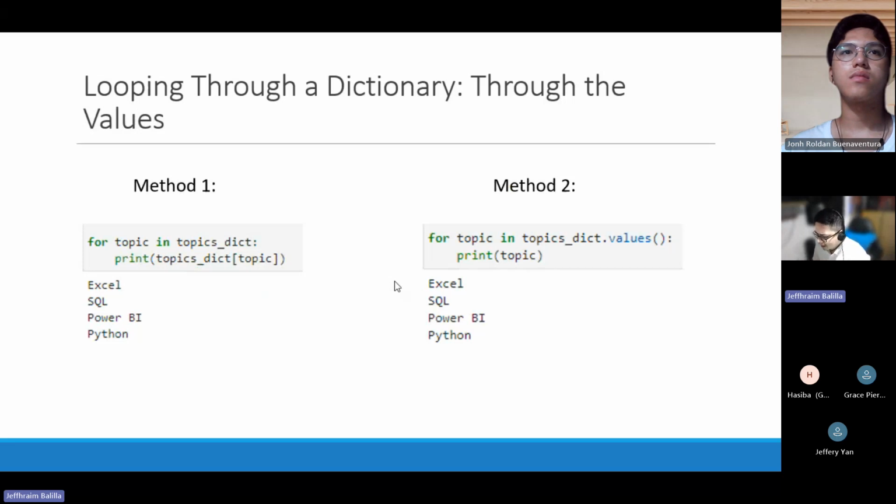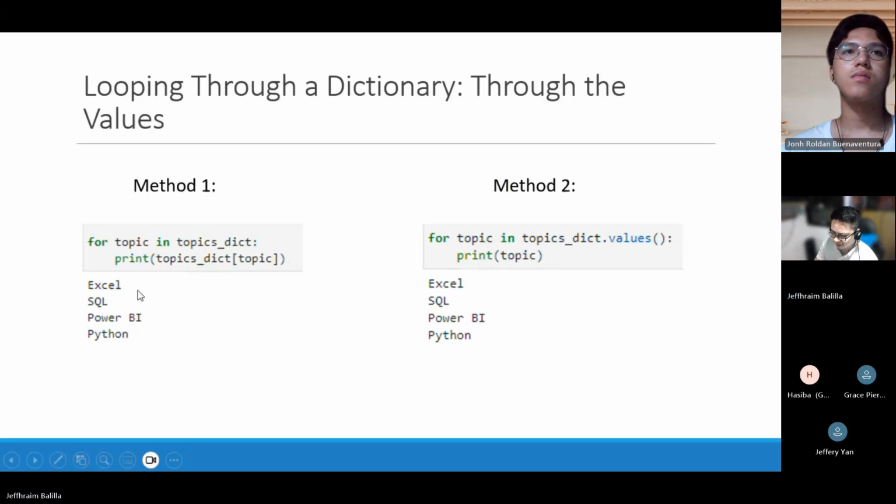For topic in topics dictionary, print topics[topic]. So what do we have here? Remember the slicing that we did before? Basically, we just applied it here. If the topics here refer to the keys, then we are just slicing the dictionary through the keys, and it would give us, you guessed it right, the values.